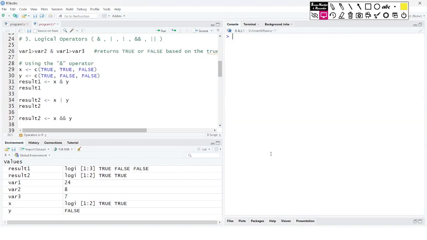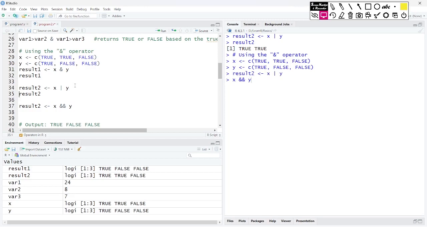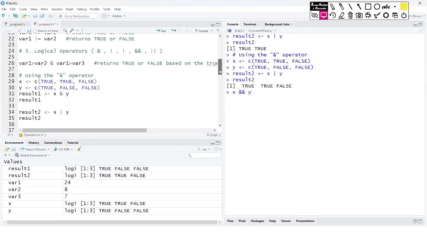Well, let me clear it again. Result2 is x bar y and I will print it. So it is returning true. One more time. You see, true, true, false. True, true, false. So the difference between AND and OR, if you know the logic table, you can very well know